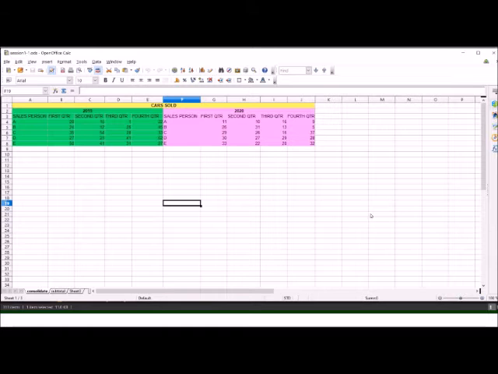Before learning this feature, I have prepared this worksheet to demonstrate it, in which the cars sold during 2 years, that is 2019 and 2020, is given. Suppose we want to know how many total cars were sold in different quarters during these 2 years, then we can use the consolidate feature.